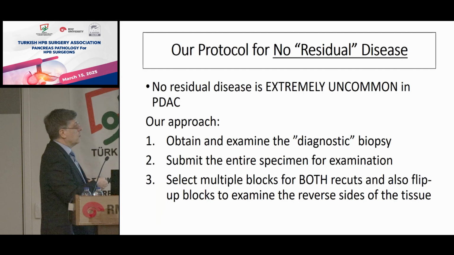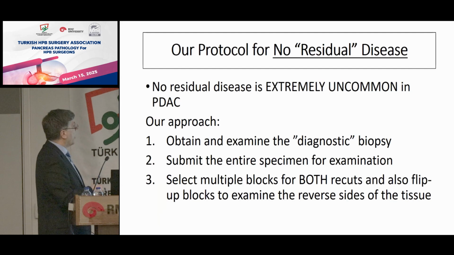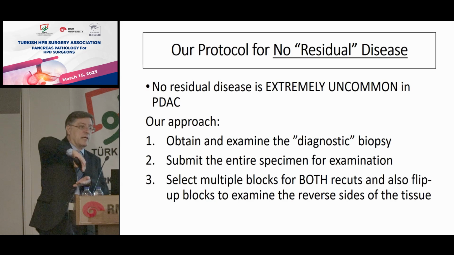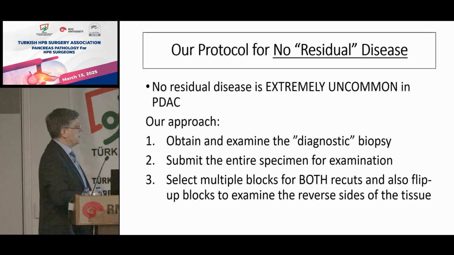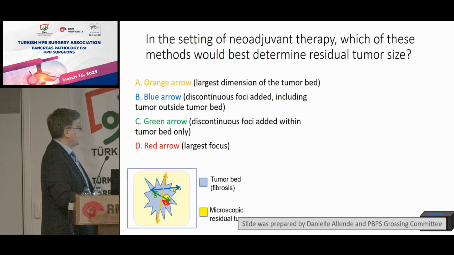Our protocol in order to call something no residual disease after neoadjuvant is quite harsh. First of all, this is extremely uncommon. I've seen, I think, either 3 or 4 cases over the years. Our approach: obtain and examine the diagnostic biopsy, it probably was a pseudotumoral pancreatitis or something else. And then we submit the entire pancreas, and then we select a few blocks to take more sections, and actually we melt the block, turn it upside down, and look at it again just to make sure there is no cancer in it. And the measuring of these tumors is also tricky, and that's, I think, all